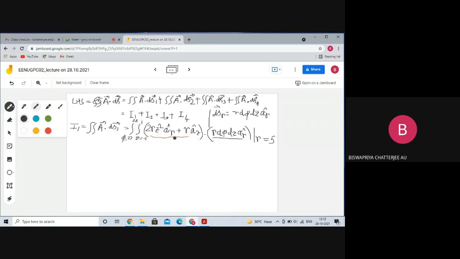Now, the next step is the dot product. AR dot AR is 1, and AZ dot AR is 0. So this RAZ component will no longer be active anymore, because AZ dot AZ dot AR is 0. You forget about this part. Now AR dot AR is 1, so you straight away write